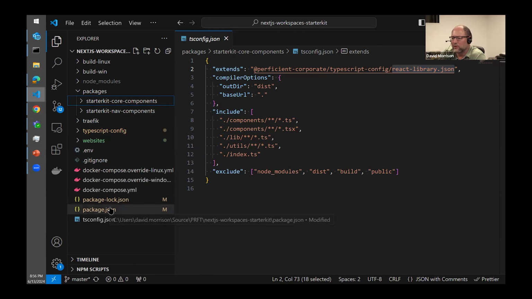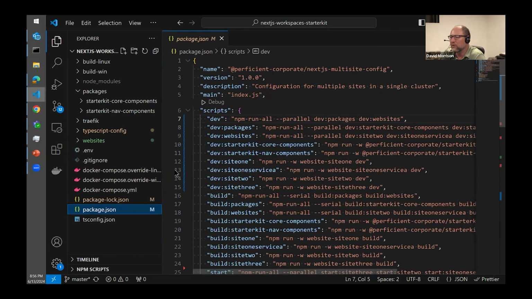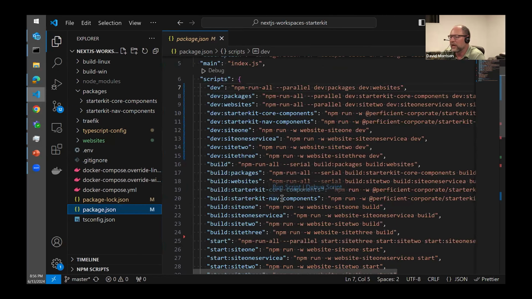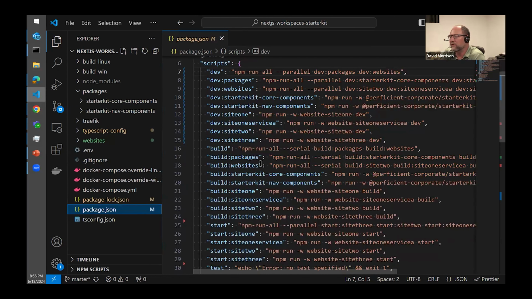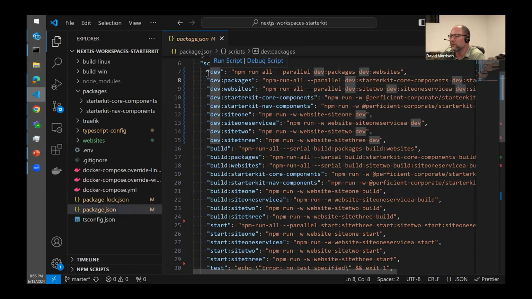The other thing I wanted to point out is that all of the workspaces are really driven by the main root workspaces folder. And there's a lot of tasks in here because I have 1, 2, 3, 4 web servers, and I have 2 shared components. But for development mode, you really only need this set of, I think it's about 9 tasks. And I've got different tasks that I'm going to run. If I'm working on the whole thing, I can just very quickly run npm dev, and it's going to start all my watchers and all my web servers nicely.